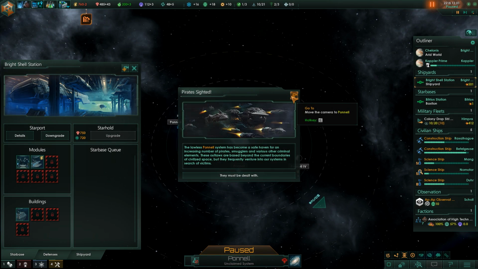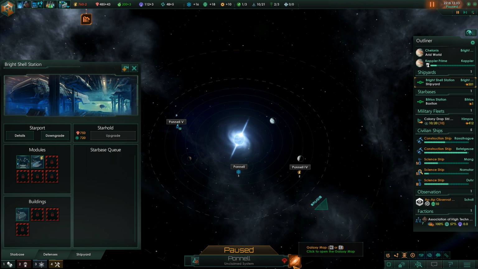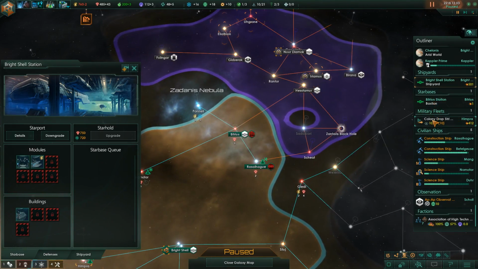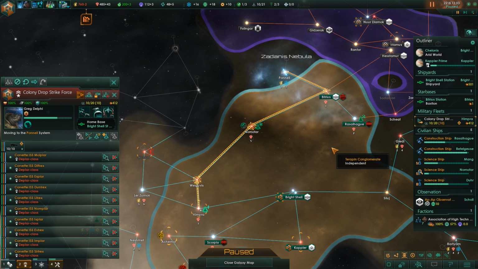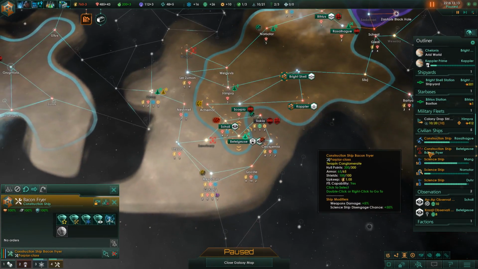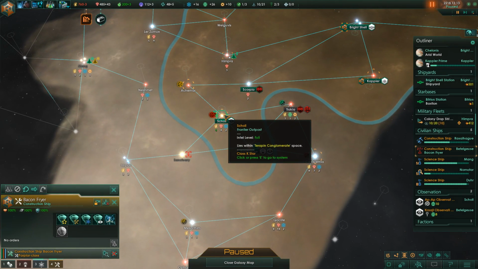Pirates sighted in the Panel system. Crap. I've already sent you back, but you've been upgraded, so... Oh, no, you haven't. Construction project concluded. Let's go up there and take care of that. Okay, let's go...